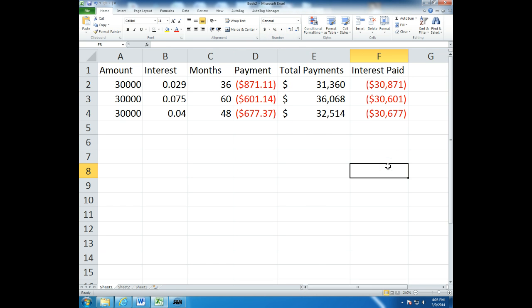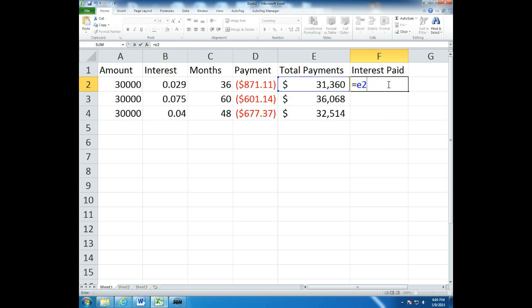And I can see that, oops, I did this wrong. What happened? D2, oh, not D2. Oh, okay, so if you make a mistake like I did, hit delete, sorry, equal E2 minus A2, I subtracted my payment, sorry about that, and then I get 1360 is my interest for the